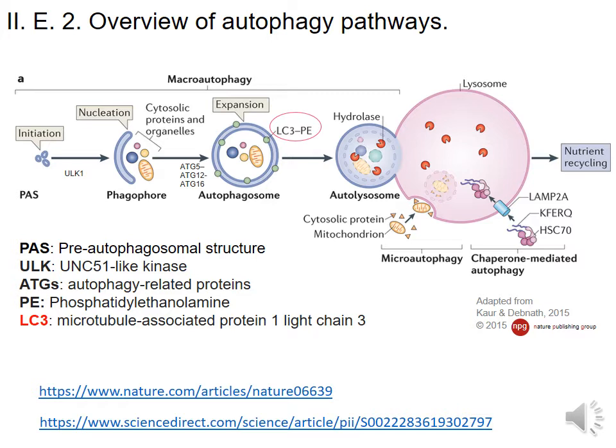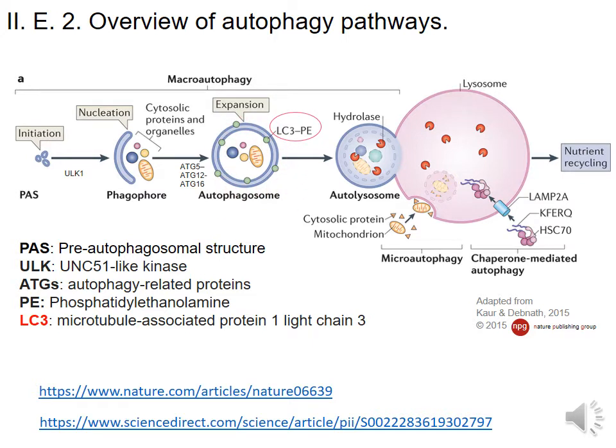Any form of autophagy requires a very complex and orchestrated group of proteins that ensures that every step of the autophagy process is properly made. All of these proteins have a lot of different functions, and we will see some of those in this diagram. So, for instance, in macroautophagy, large cytoplasmic constituents and proteins that are damaged or no longer needed are targeted and isolated from the rest of the cell within a double membrane vesicle known as an autophagosome.